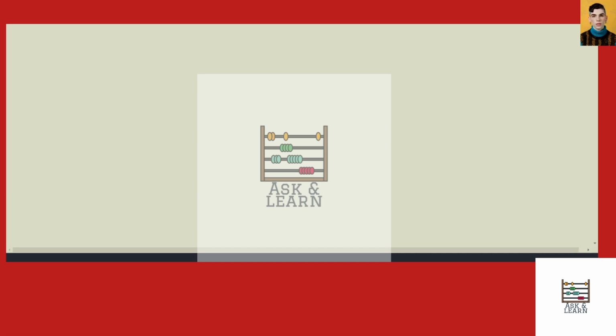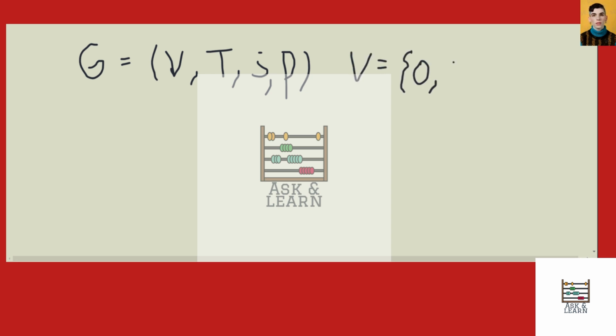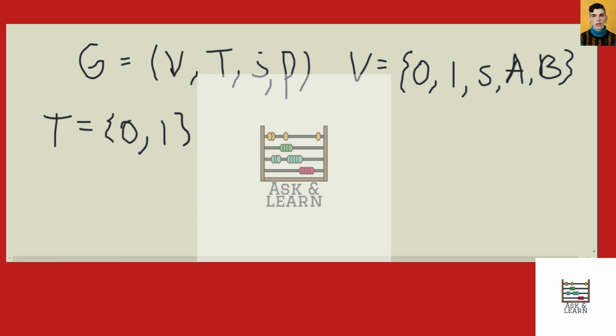So we're given a regular grammar G, which is equal to the four-tuple V, T, S, P, where V is {0, 1, S, A, B}, T is {0, 1}. Of course, S is the start symbol,